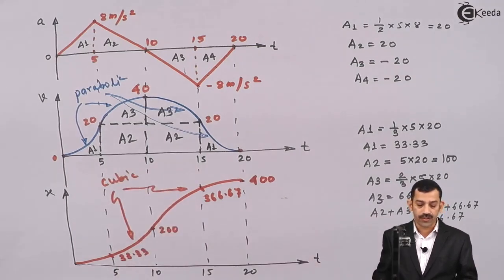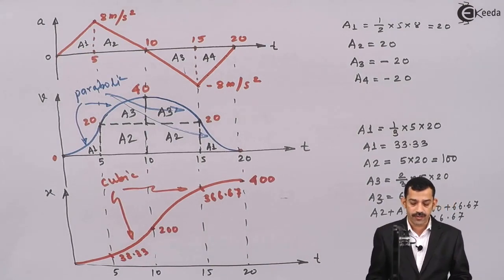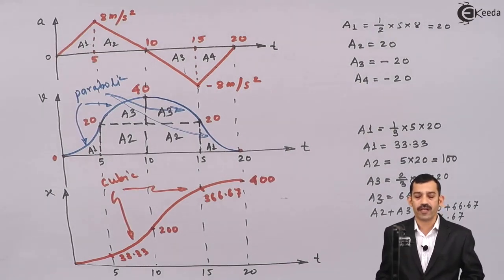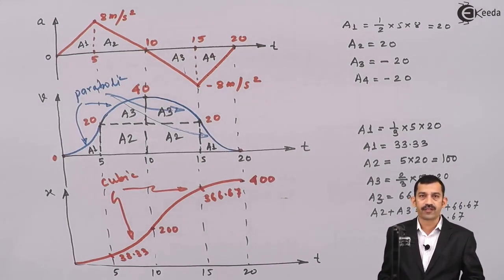That means initially the AT diagram was given, from that you drew the VT diagram, and from the VT diagram the XT diagram. While solving such a problem, what is important is that at all time instances we first find velocities from the area under the AT diagram. Then to find positions at all time instances, we find the area under the VT diagram. And finally, depending on whether acceleration or velocity increases or decreases in the positive or negative direction, you have to select the curve such that its slope increases or decreases in the positive or negative direction. Thank you.